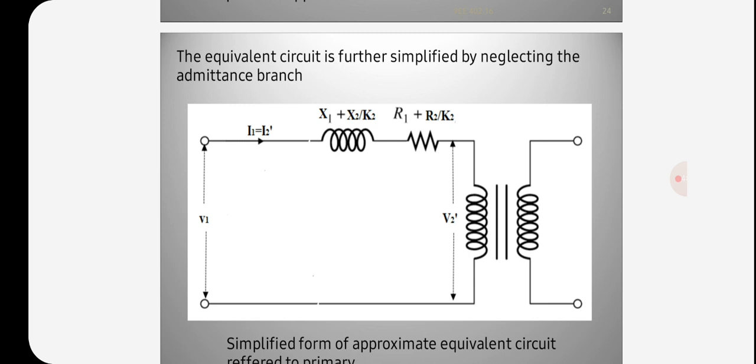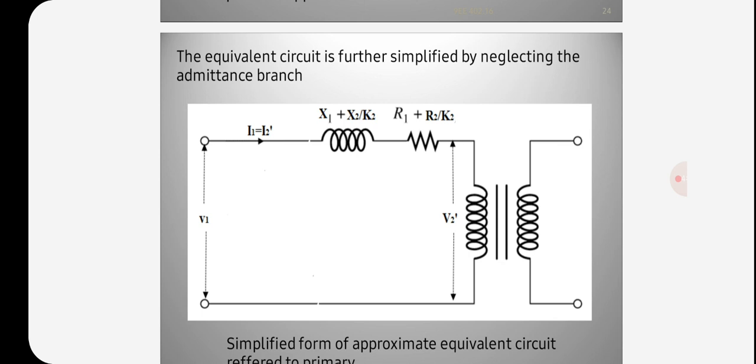So in the voltage regulation of a transformer, when the transformer is loaded with constant primary voltage, the secondary terminal voltage decreases due to primary and secondary terminal impedances. The secondary terminal voltage varies with the load and depends on the load current and the load power factor. So the voltage regulation is defined as the change in secondary terminal voltage from no load to full load, expressed